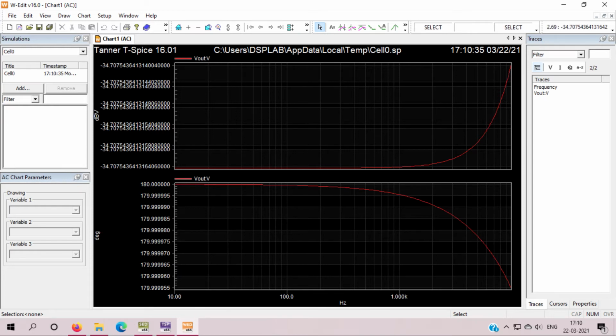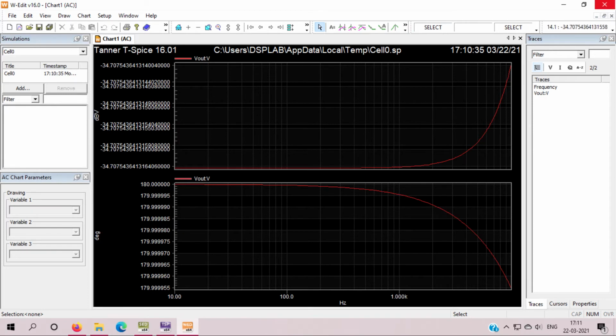Oh my god, this is minus 34. So you can see here the magnitude we are getting. This is in minus. Okay, so it is quite a good magnitude, meaning my amplification is there. From here, by observing this, you can find out the amplification. What is the amplification? It means V out by V in. This is in dB. You can convert this into normal magnitude.